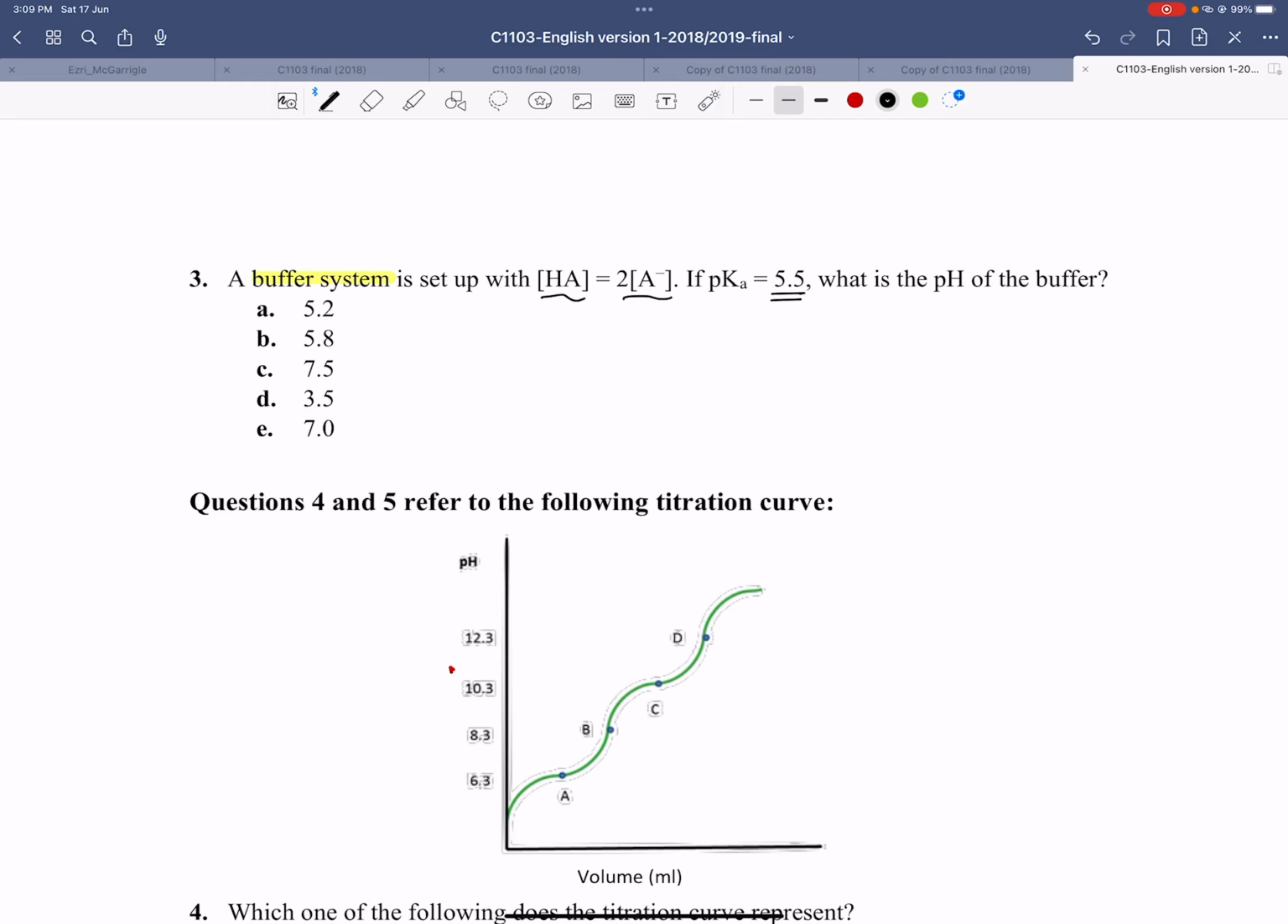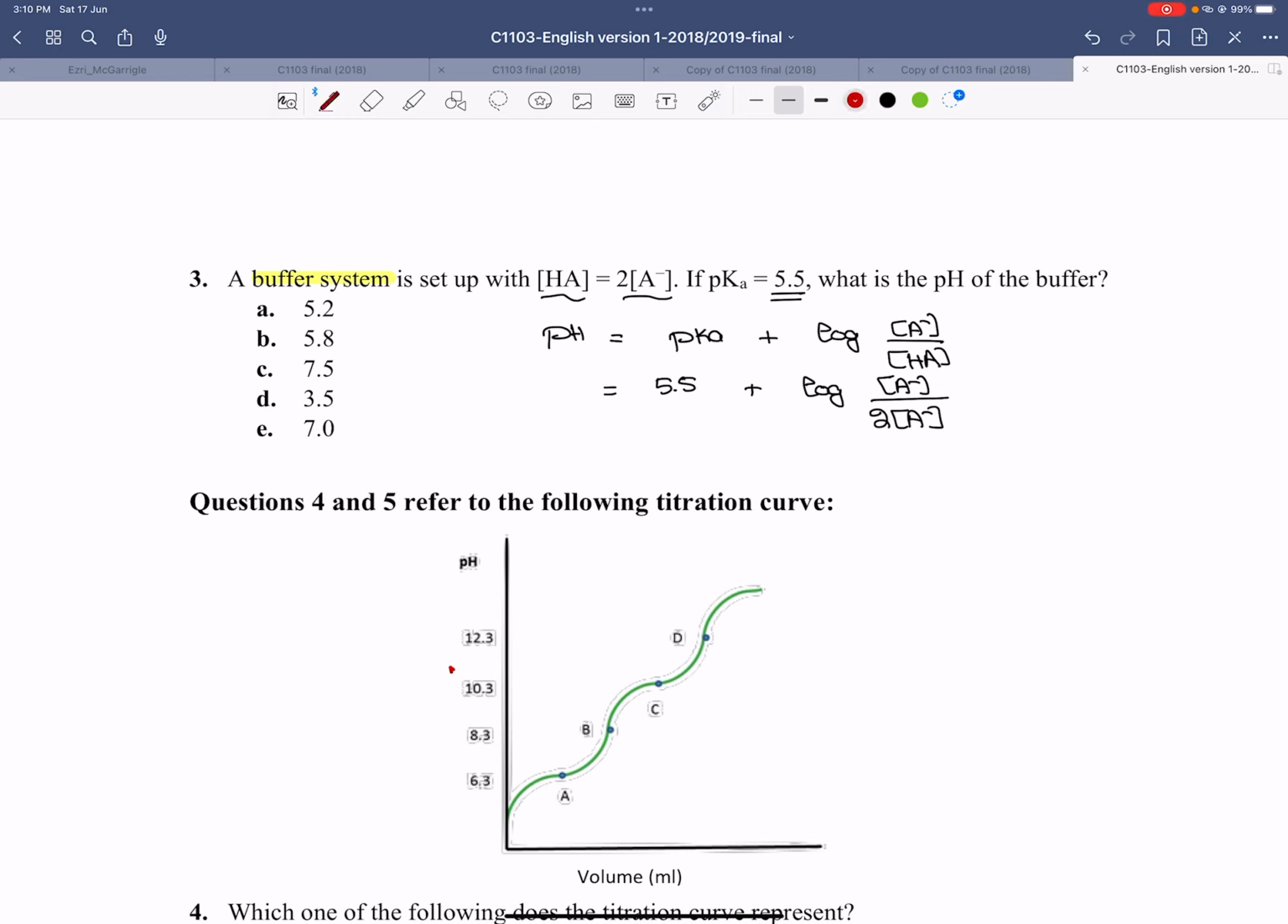Remember that when you already have a buffer system established, it's very easy to go with validity equations, which in this case is basically the Henderson-Hasselbalch. So you can simply say that the pH is equal to pKa plus log your base divided by your acid, okay, which is equal to 5.5 plus log the base divided by